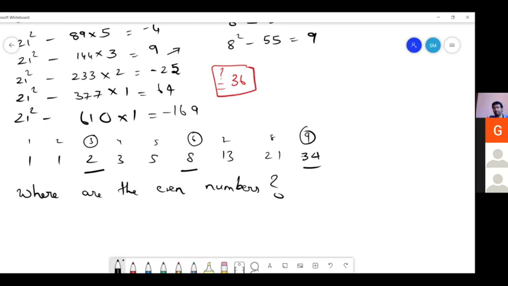And why should this be, again, a question? Why should the even numbers be in positions that are multiples of 3? Can we give an explanation of that? Even numbers are basically multiples of 2. So we see that multiples of 2 lie in the positions that are multiples of 3. That is one thing that we saw now. Again, it's just an observation. But using the idea which Shankar told, we can actually prove it. It's not so difficult to see why this is happening.